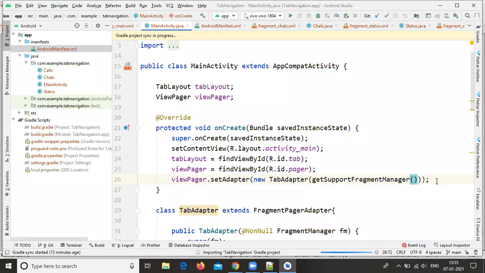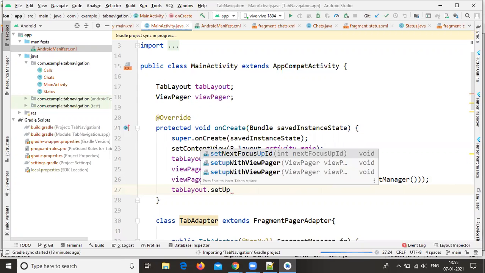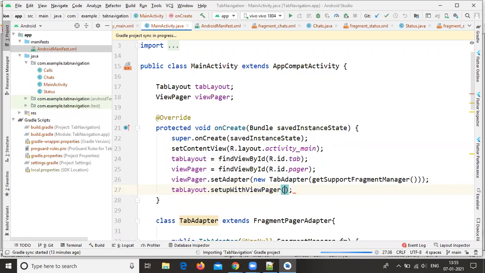Now the next part is setting up the view pager with the tab layout: tabLayout.setupWithViewPager.